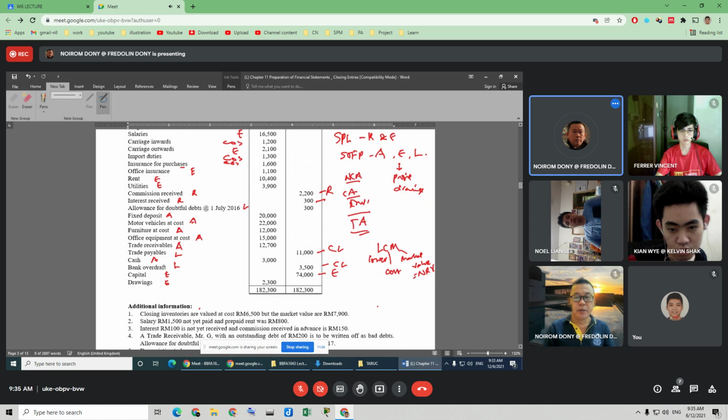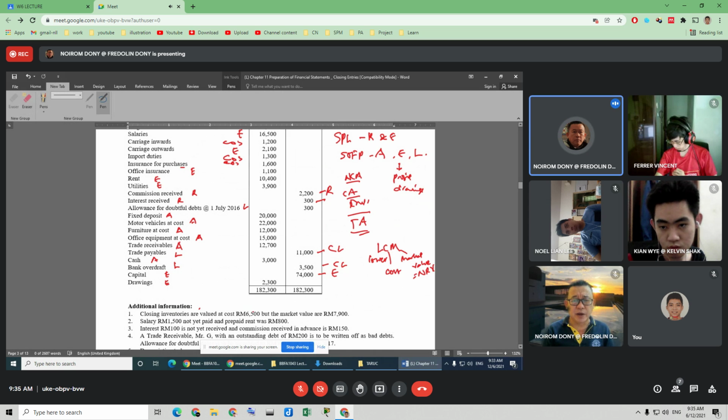So you see, look at this. This is the cost. We do a comparison, and then this is the market value. So which one is lower will be the amount that we use as the value for the closing inventory. So since 6,500 is lower, we use 6,500. We don't use 7,900. Okay, that is the purpose. Now salary,